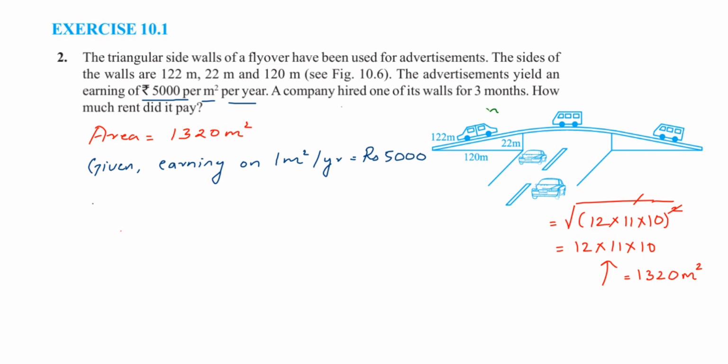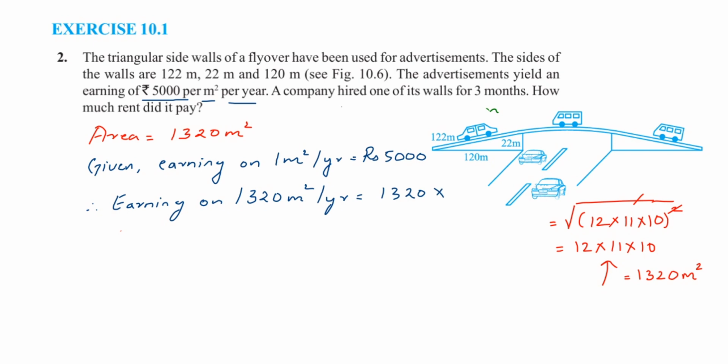And here the total area we have is 1320. Therefore, earning on 1320 meter square per year will be, we have to multiply the values,